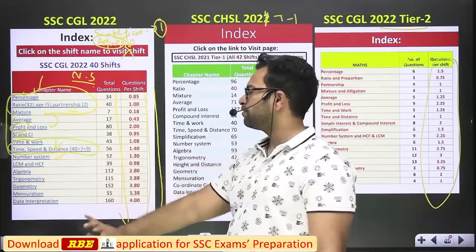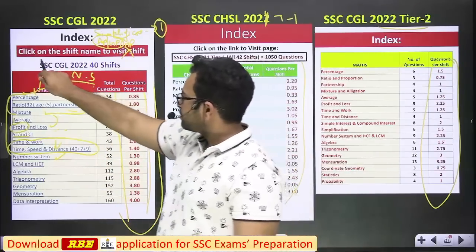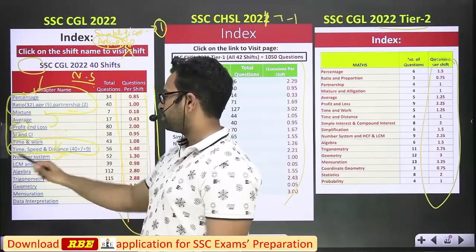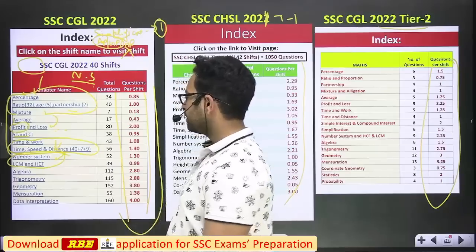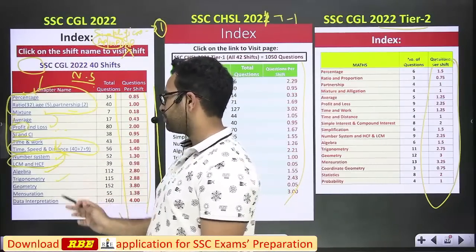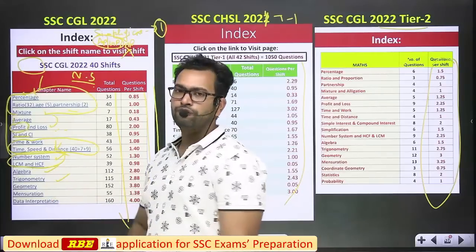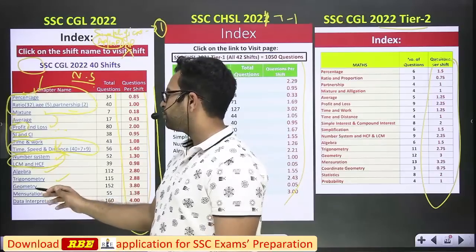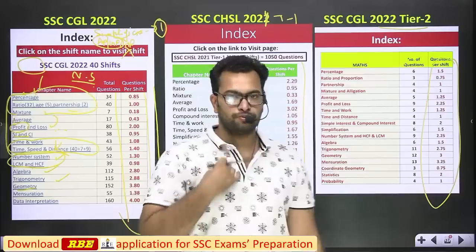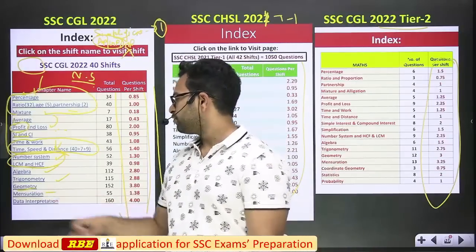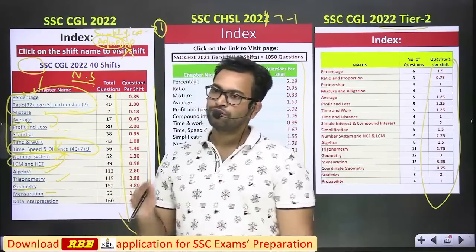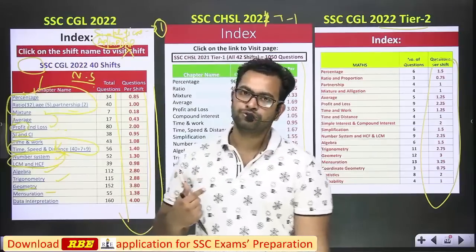Number system, you can cover it in the starting or after covering the arithmetic portion. Number system and LCM, HCF. If we start with advanced maths, start with algebra, then go for trigonometry, because many concepts of algebra will be used in trigonometry. Then go for geometry. In geometry you will be getting some concepts of algebra and trigonometry, right? Then go for mensuration. You can cover mensuration only once you have covered geometry.